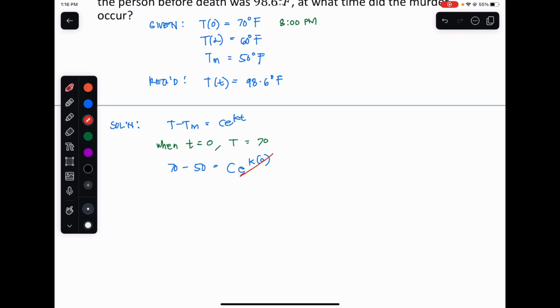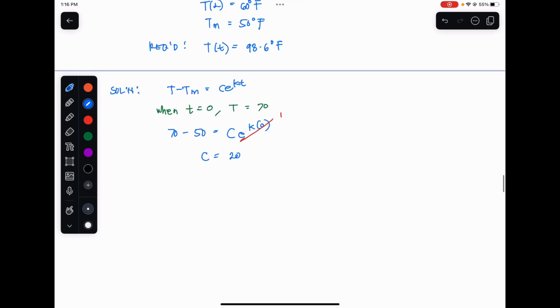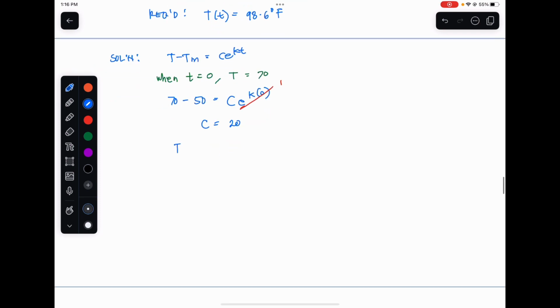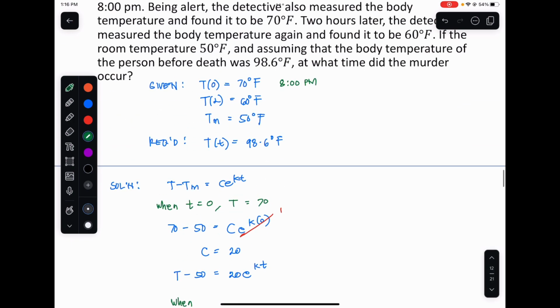This will be 1, so therefore C is 20. So that would make it T minus Tm, where Tm is 50 and C is 20, equals 20 e raised to K times t. Then for our second initial value, after 2 hours, the temperature this time is 60